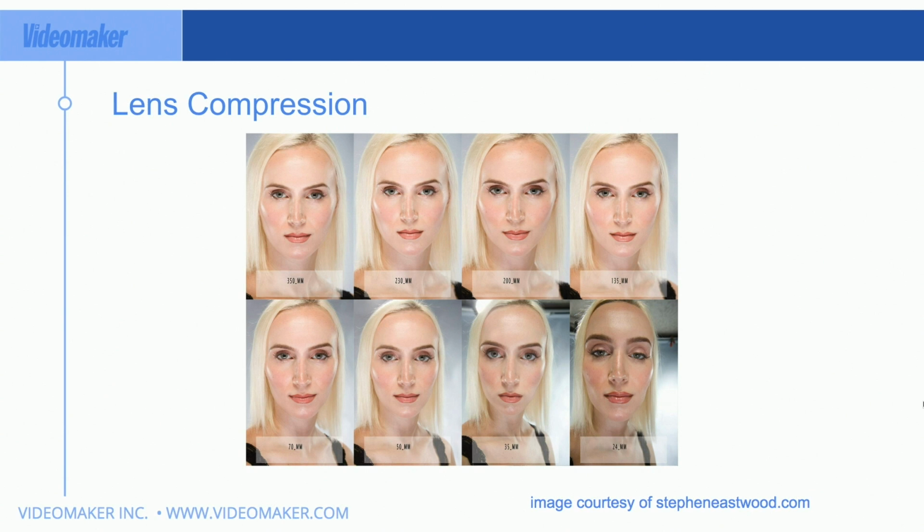Her hair looks flatter, with less volume. And as we go all the way up to 350 millimeter, her forehead flattens out, her brow is not as pronounced, her nose is not as big, her lips aren't as big. Her hair seems fuller, and the background is completely the white background, nothing else. You can start to see the background through 35 millimeter and 50 millimeter.